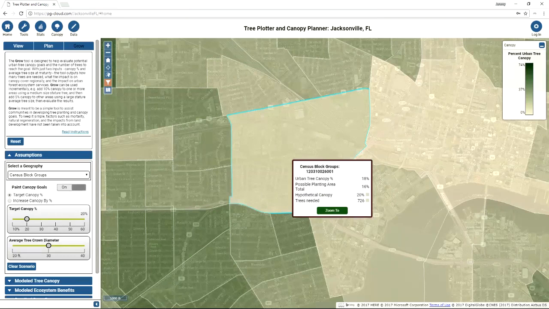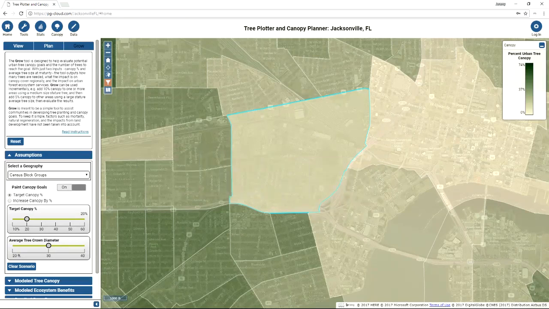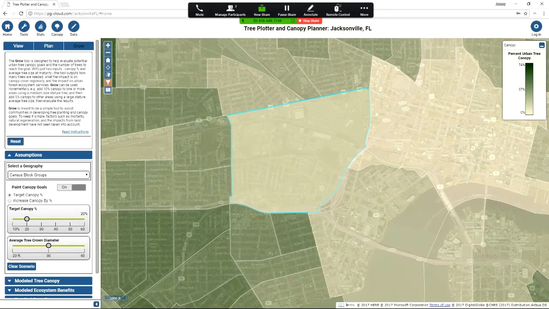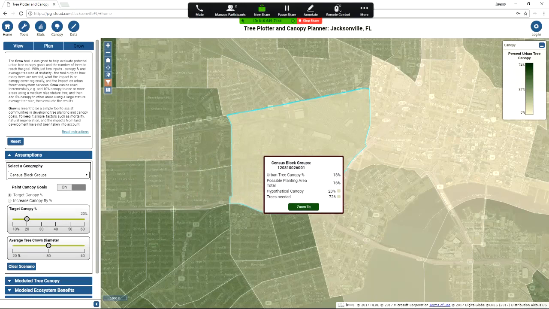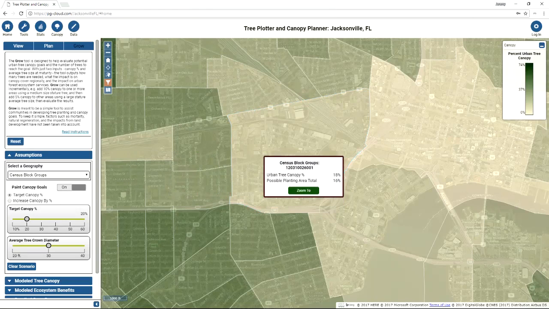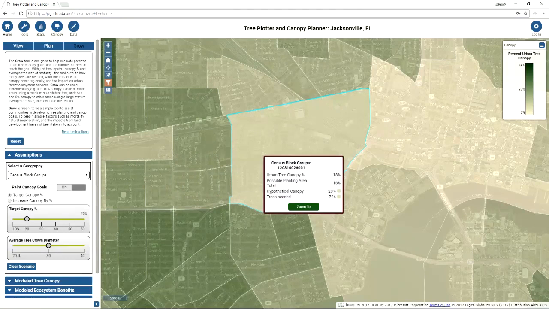If you made a mistake and want to remove the geography, you can use the Reset button found in the left-hand panel, or you can hit the R key on your keyboard to remove this boundary. Now, again, use the G key to put that back in place. So with this scenario, we can look at the modeled tree canopy